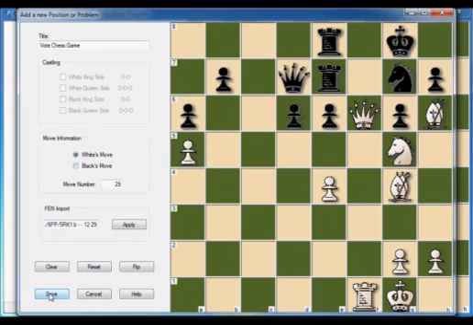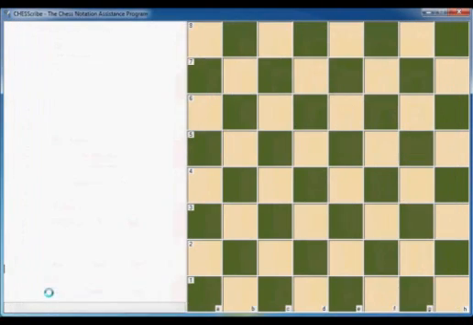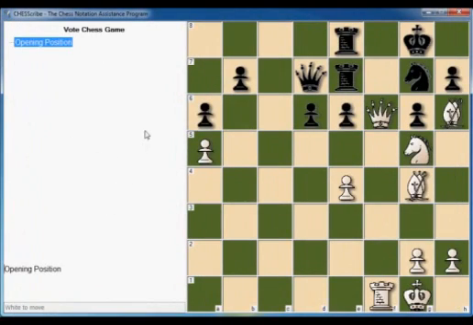Then we will save it in our database, the CHESScribe database, by clicking on the Save button. And we can see we're now in the analysis mode for CHESScribe. As when working with any position in CHESScribe, you click on the pieces in order to select them and move them. But first, let's click over in the notation area and type in a description for the opening position,